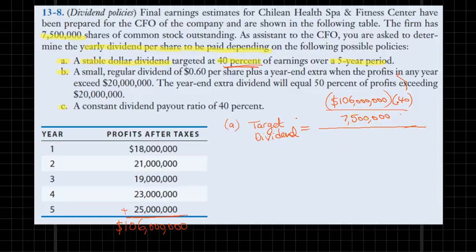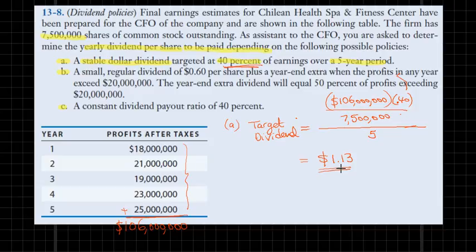We need to also divide everything by 5, because as I said earlier, we have 5 terms. So making this calculation, we realize that the target dividend turns out to be